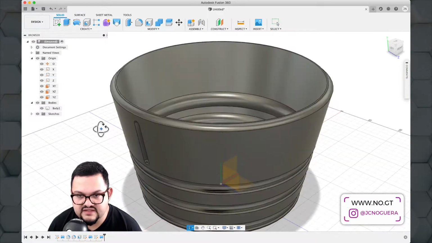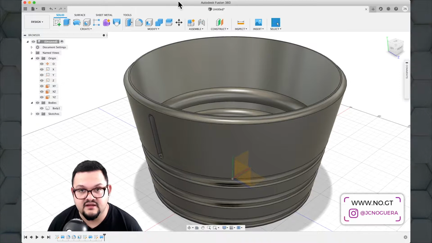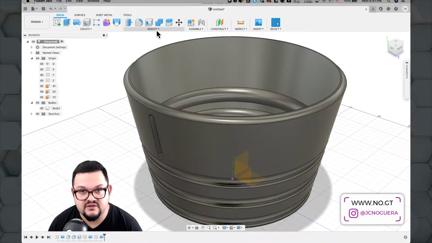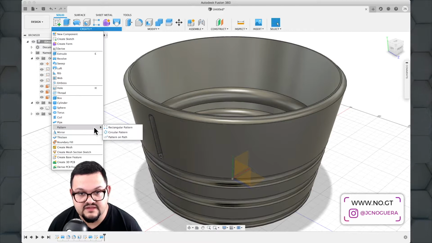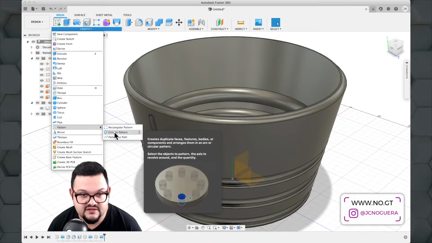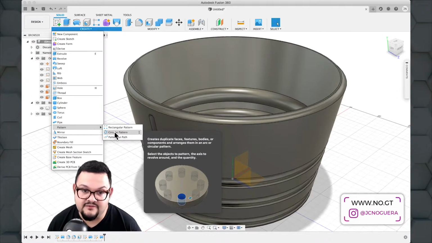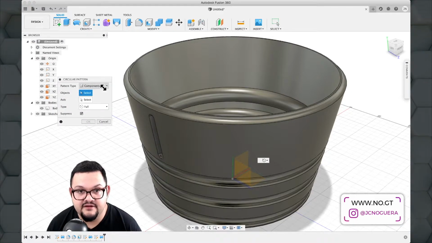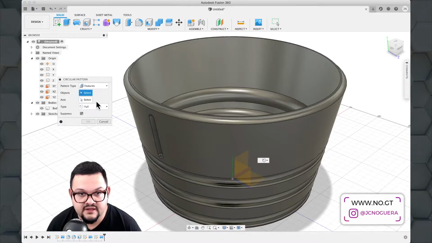So now I want to take this feature that I just did and copy this all around. The next thing I'm going to do is create a circular pattern using this particular feature that I just created. So I go to the Create menu, I go to Pattern, and I select Circular Pattern. The pattern type we're going to choose is Features. Then for the objects to choose, we're going to go down to our timeline, and we're going to choose this last